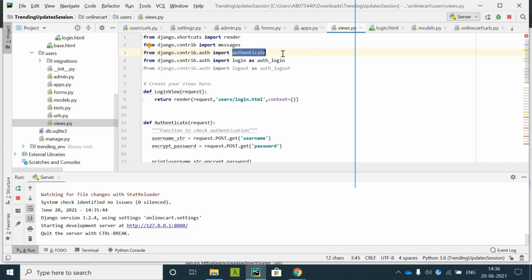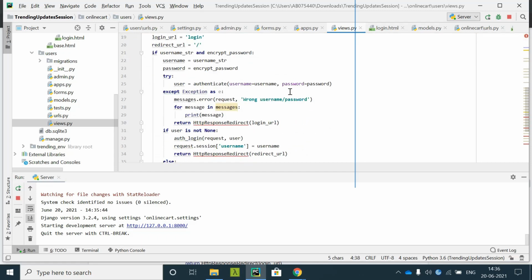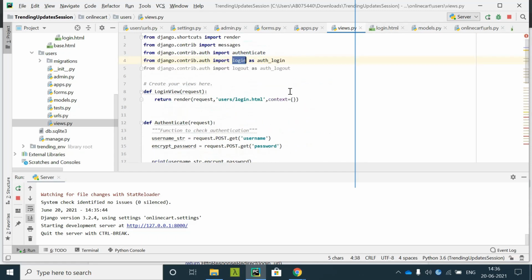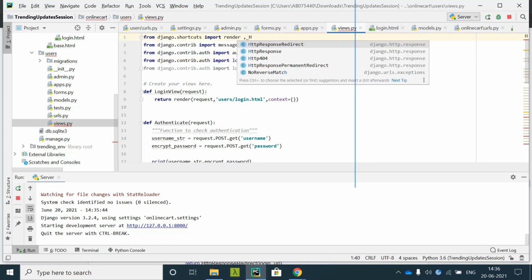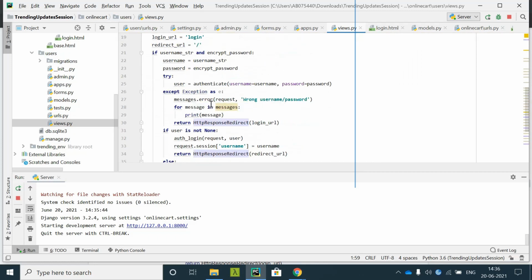Once the username and password is authenticated, it will give you the user that has to log in. So you make use of login and logout. Okay, we will only be worried about login as of now. From here I need to import HTTP response redirect, so the error message will also go.